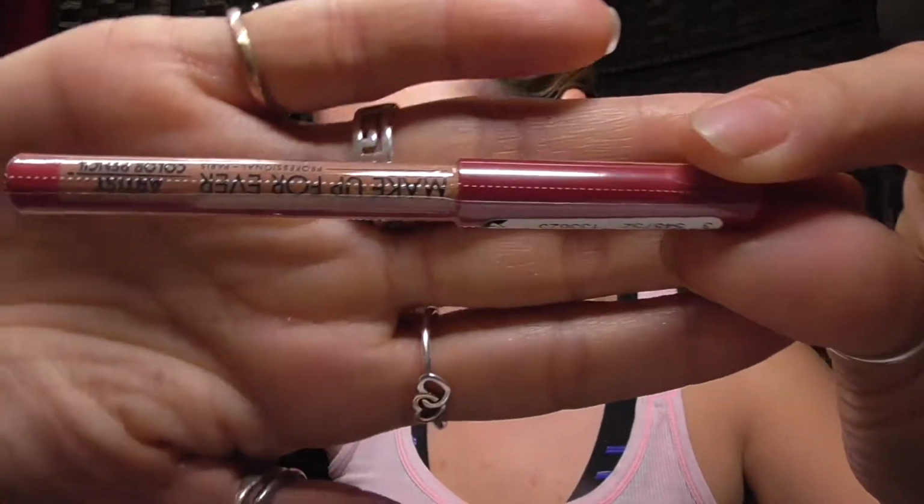Okay. So the next thing we have is the Makeup Forever Artist Color Pencil. That's a different thing. This one is $18 for the full size. This is a very cool concept: a pencil designed to be used all over. It's perfect for traveling and unexpected looks. You will get either a brown shade or a red one in your box, and you can experiment by using it as a lip, blush, contour, eyeliner, even a brow pencil. Wow, brow pencil in red, but I'm not sure if that's what they mean. I think I got the red, and it will be great for,